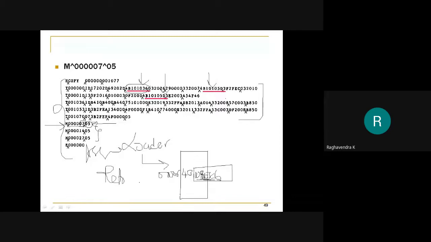This is how the assembler and loader resolve the issue of relocating the program anywhere else in memory where memory becomes available or free. So this supports the concept of multi-programming. This is the advantage.